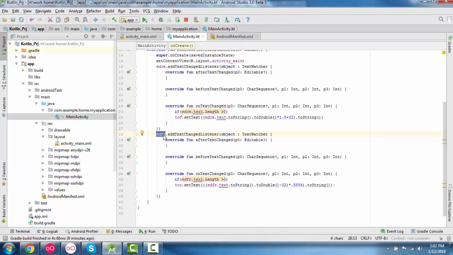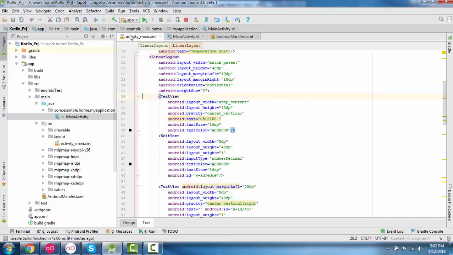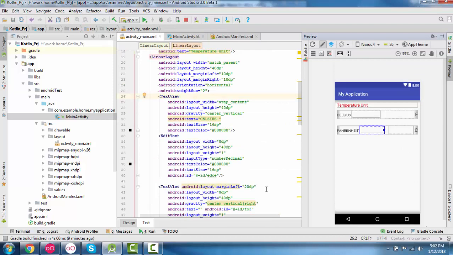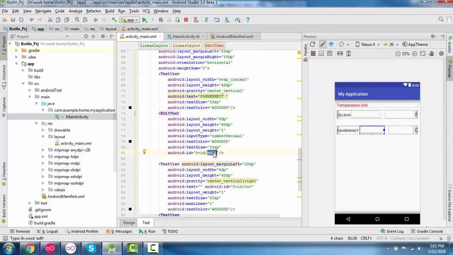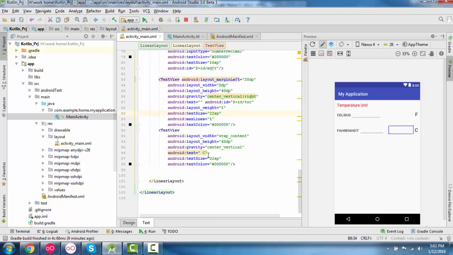What we do is add it in the second ADFR, and this is the second text view, which will show the TOC.